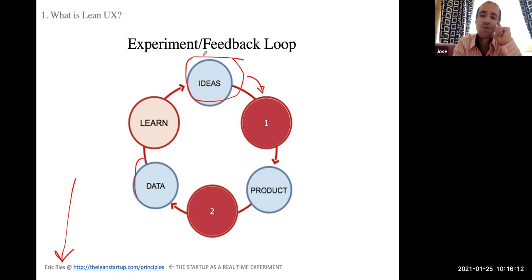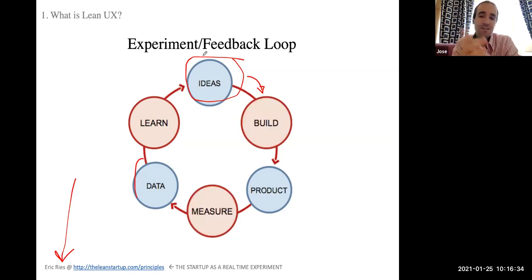and with this data, you learn something about this idea that you had. For example, let's say I have a great idea to make an app about ice cream delivery, right? An app that when I push a button, an ice cream will appear at my footstep. Maybe I think this is a great idea, but according to Eric Ries, you should not use waterfall to implement this. You should use agile, or in Lean UX, what we say is the experiment loop. And this means that you have the idea, you build a prototype as fast as possible and not very expensive.